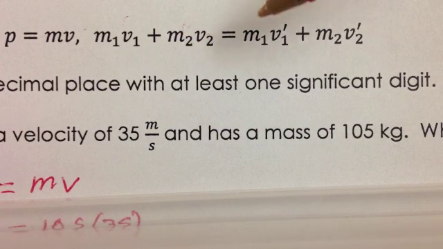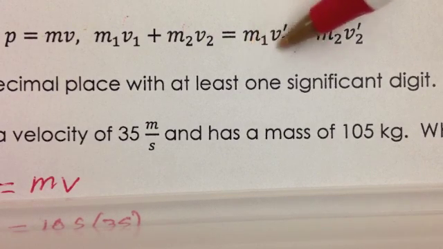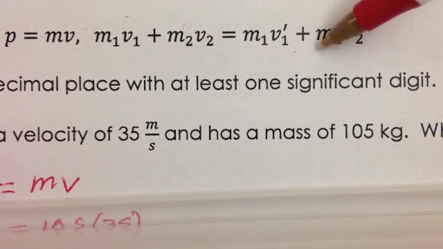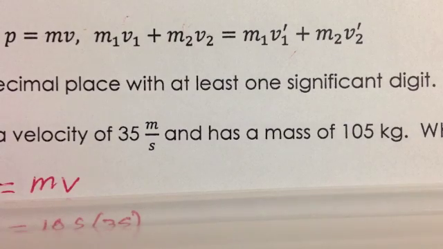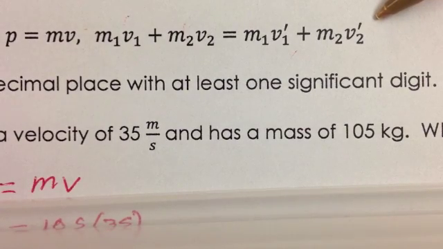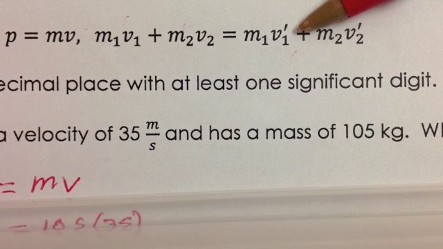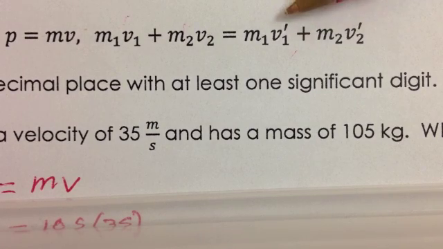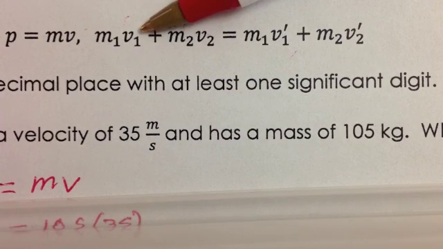Then I smash them together right after they run into each other. My mass times my new velocity plus the second mass times the second new velocity will equal what I started with. In other words, now this prime, for you calculus people, is not a derivative. It's just we got tired of writing A's and B's and 3's and 4's, so this V1 prime isn't a derivative. It just means it's the new velocity that this object had after they made